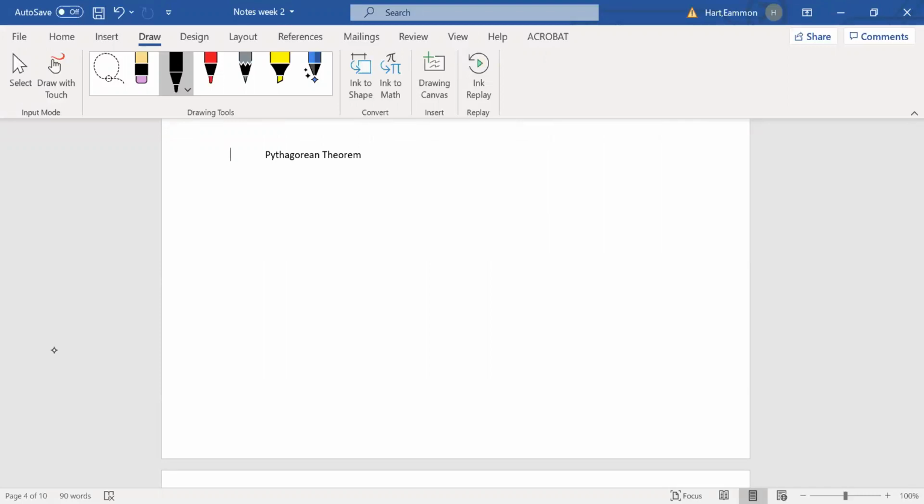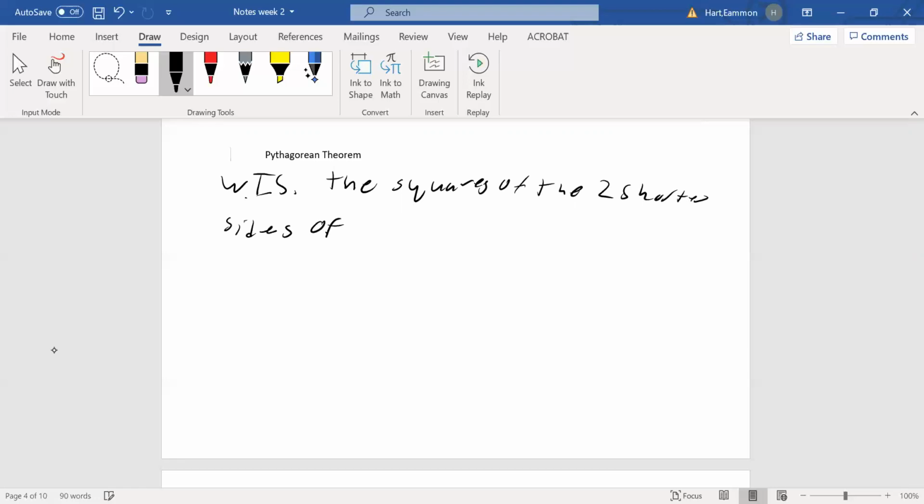As a reminder, the Pythagorean theorem states, so what we're trying to show is the squares of the two shorter sides of a right triangle, and we'll normally write these as A and B,